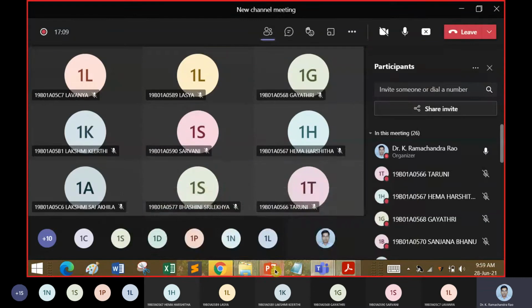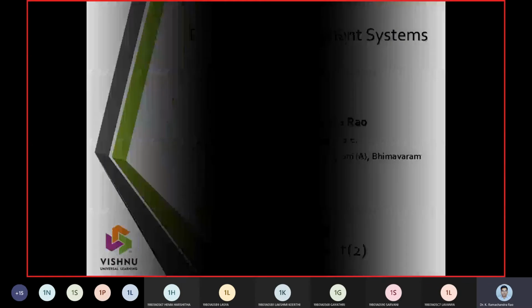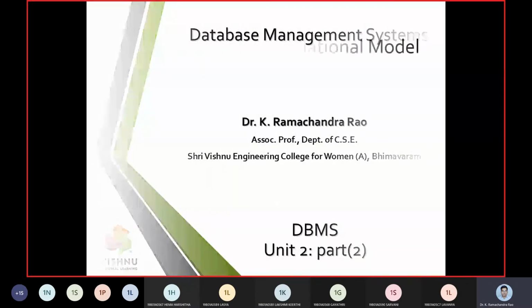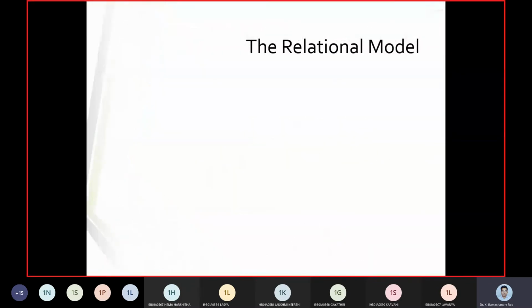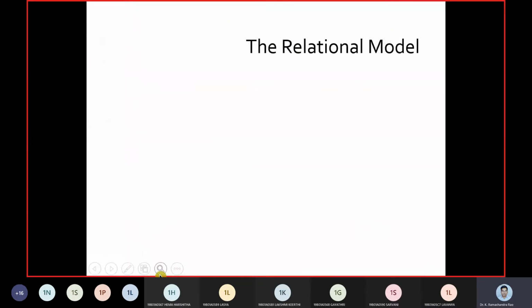After that, we have the extensions towards unit 2, which is the relational model. The first task we did was to get glimpses of what a database is and how advantageous DBMS is.